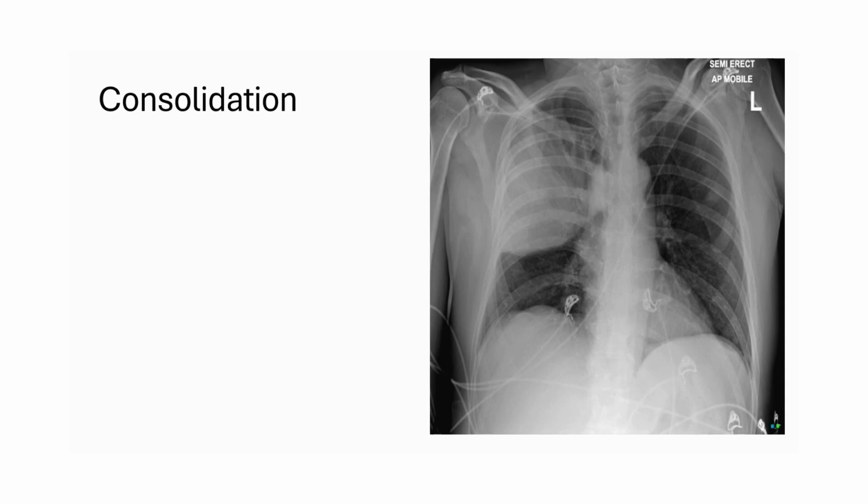So, what is consolidation? Consolidation is defined as the opacification of lung filled by any means, that is fluid, blood, cells or infective material accumulation within the lung air unit, that is the alveoli or lung air spaces. So this is called consolidation. How does it appear in chest X-ray? It appears as a radio opacity in the lung field. As we can see in this image, the upper and middle zone of the right lung field is opacified.